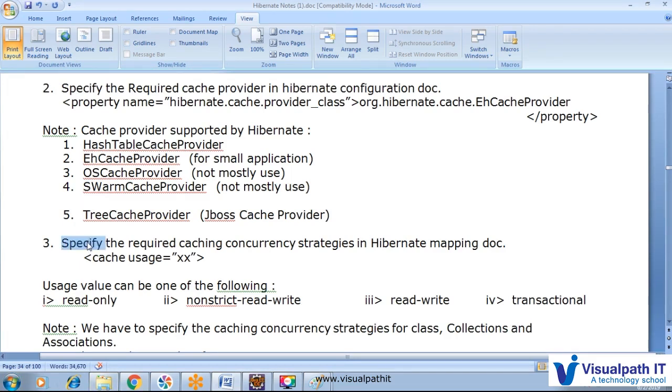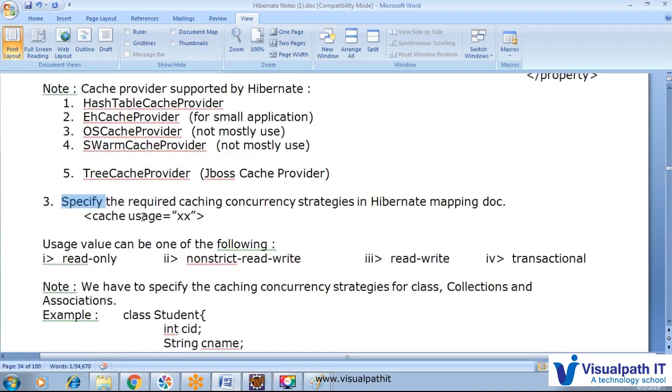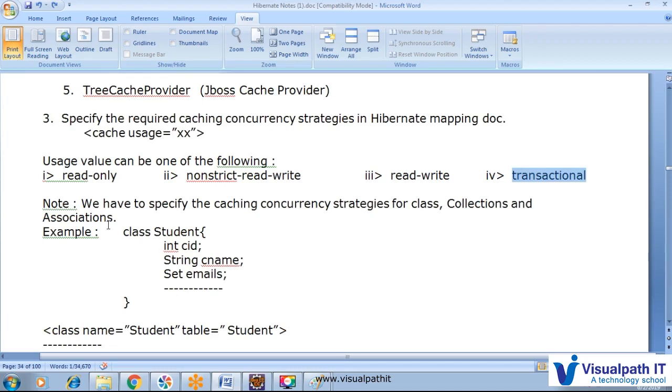The next step is to specify the concurrency strategy. When some cache is created, what is the use of it, meaning what are the restrictions of that particular cache. So we can provide the cache usage. Here we can use read-only, nonstrict-read-write, and transactional. After that, we have to specify the cache concurrency strategy of class, collection and association also.